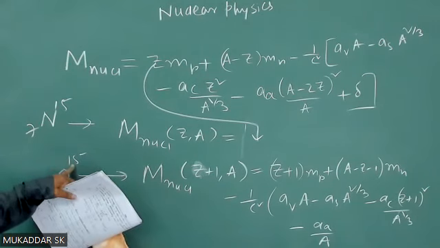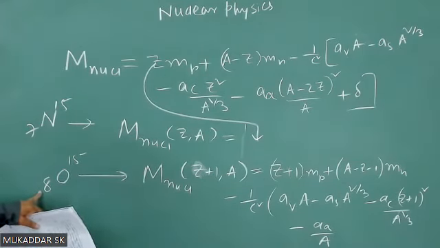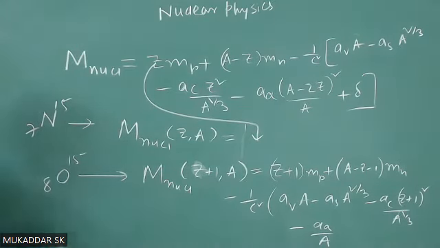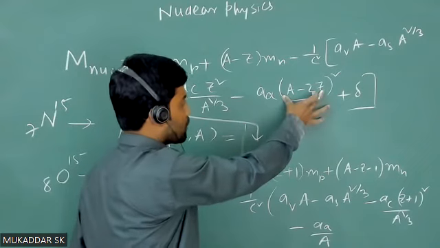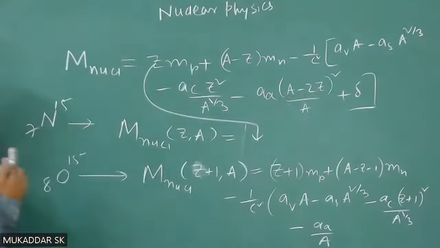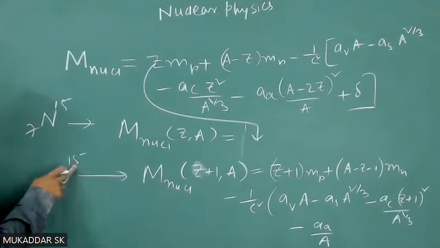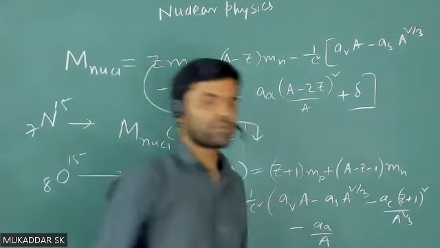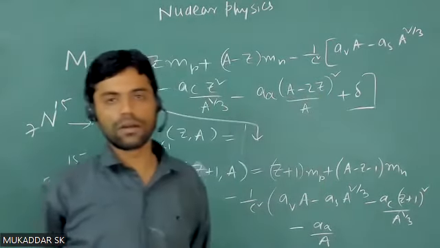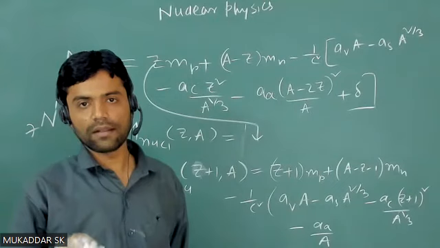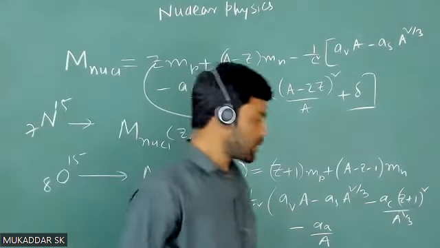A कितना है आपका 15 है, minus 2Z, 2 into 8, 15 minus 16 का square कितना आ जाएगा, कितना आ जाएगा यहाँ पे. ये टर्म में क्या है आपका A minus 2Z का square है ना. तो देखो ये नंबर क्या है, that will be one, because A कितना है 15 है, minus 2Z, 2 into 8, that is 16, 15 minus 16 का square, that is one, है ना. तो यहाँ पे A minus 2Z plus one लिखने का जरूरत नहीं है, यहाँ पे ये वैल्यू कितना है, that is one है. यहाँ पे लास्ट वाला टर्म क्या आ जाएगा,